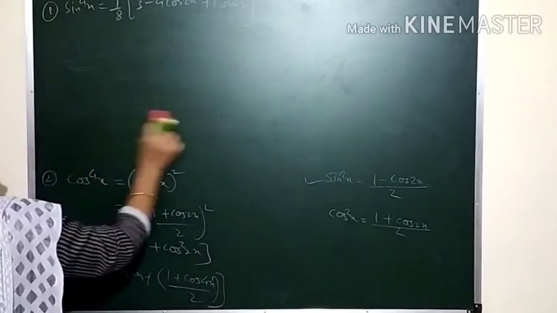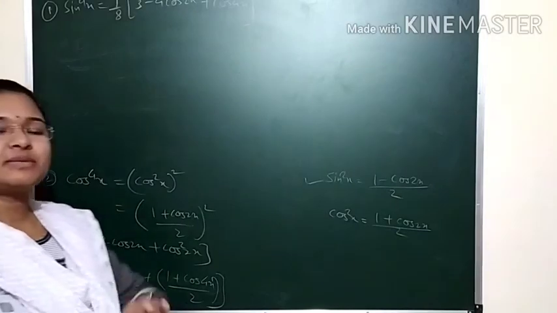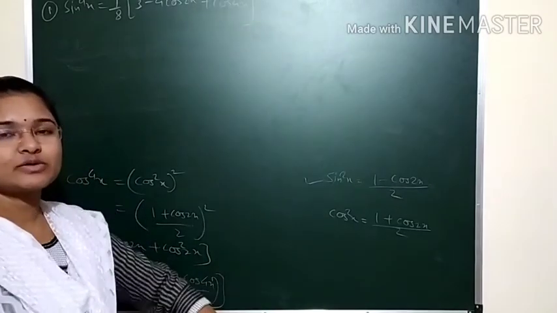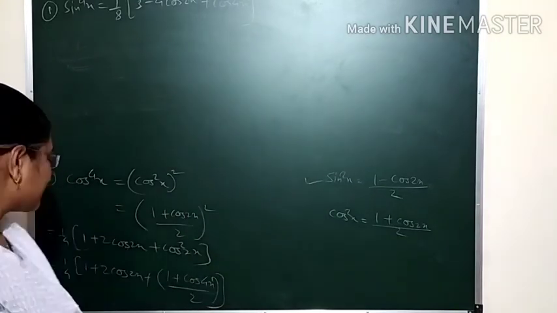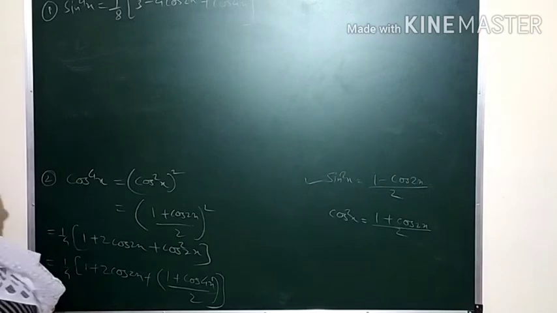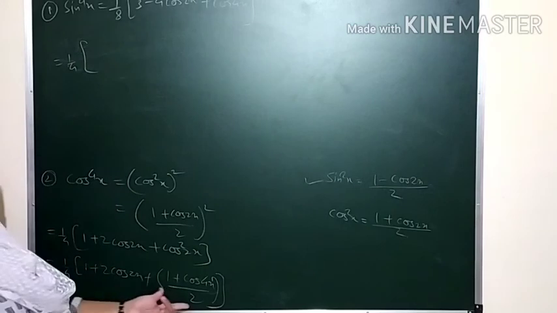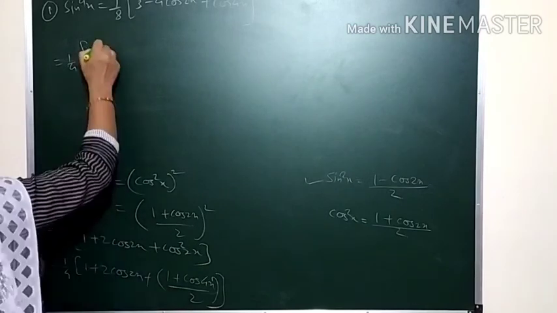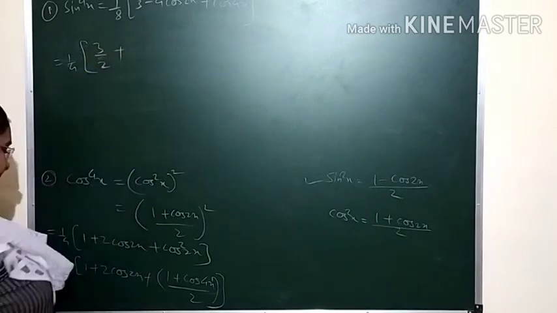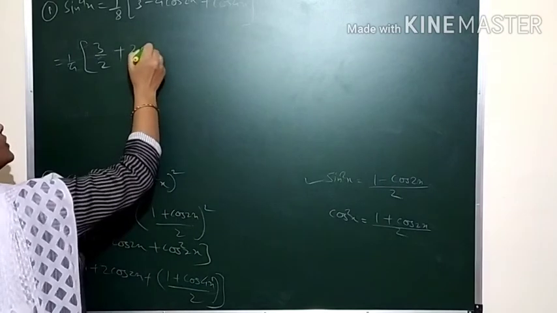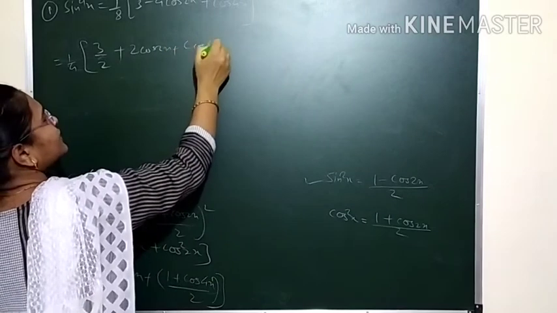Now student, if you observe, it is quite similar to sin raised to 4, because we know the cos double angle formula can be written for sin also and cos also. So for sin and cos we have the expression in cos angle only. If we multiply this, it will be 1 by 4. Here also 1 by 2 plus 1 is 3 by 2 plus 3 by 2, sorry, I have written 8 plus 2 cos 2x, 2 cos 2x plus cos 4x by 2 plus cos 4x by 2.